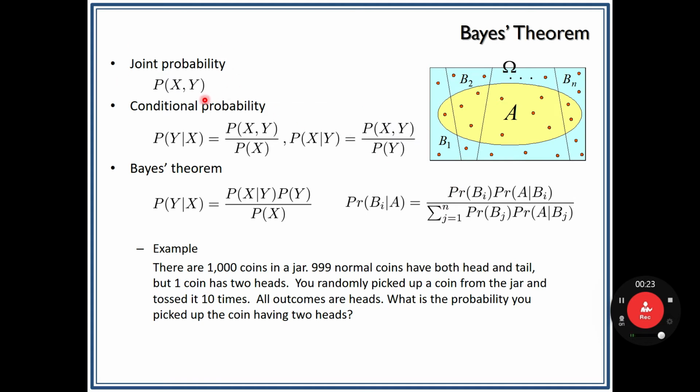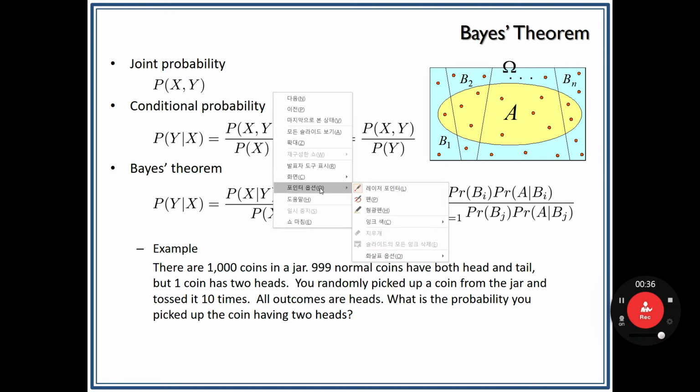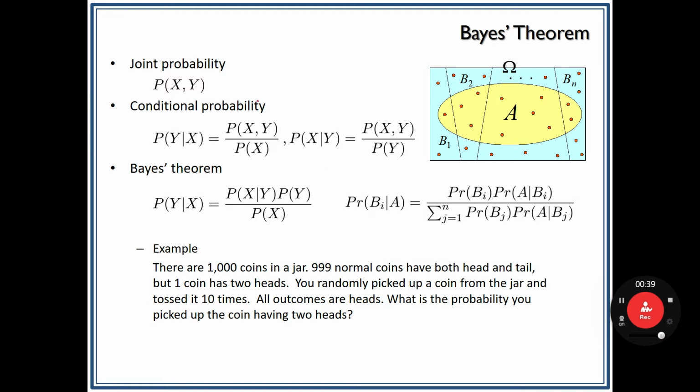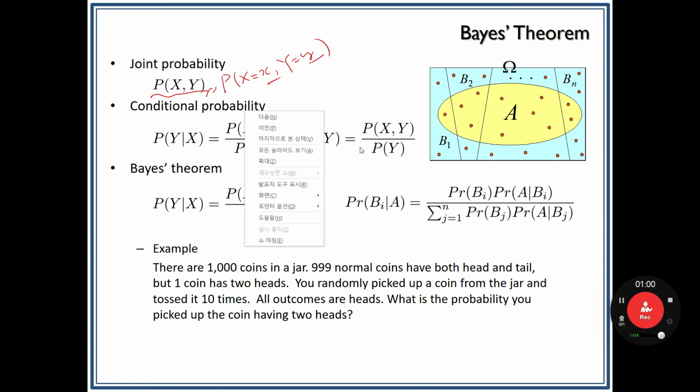The joint probability is simply the probability that event X and event Y happen together, or these two can be sort of random variables. So the joint probability can be written like so. This one is a simple expression. Actually, this expression means that, in the random variable case, X equals x and Y equals y. So these are specific values, and the conditional probability